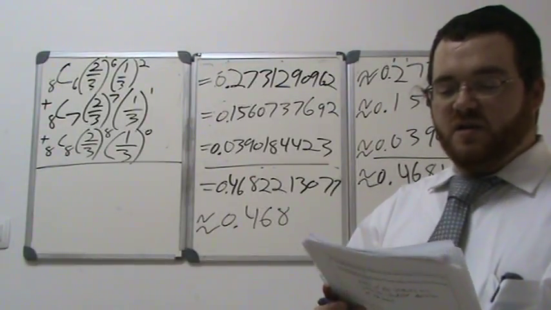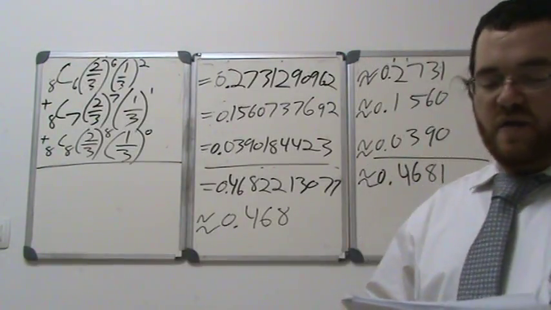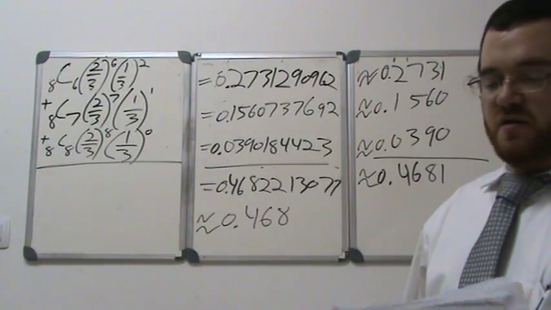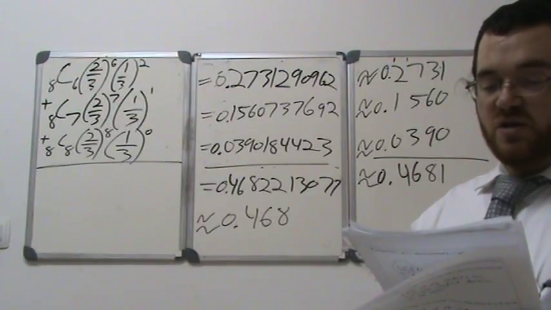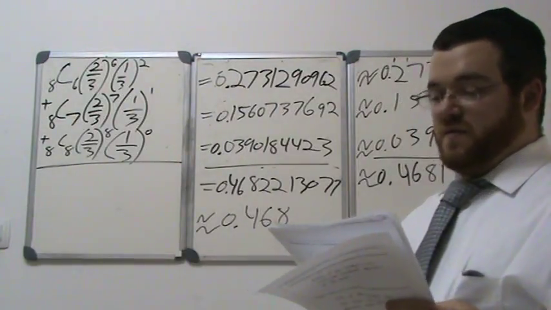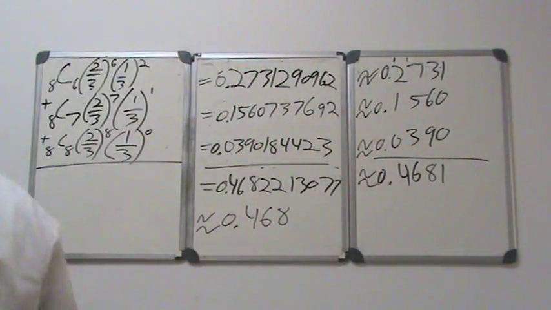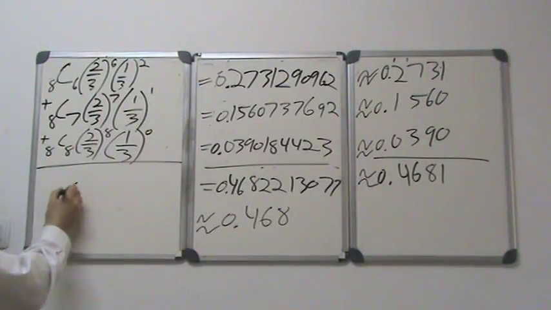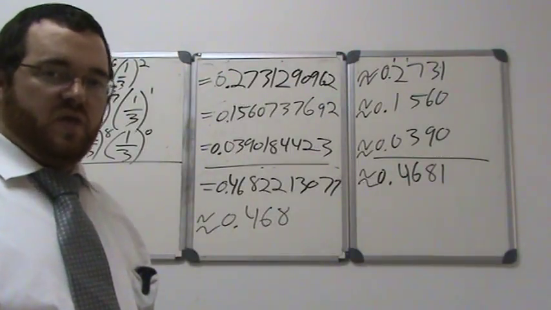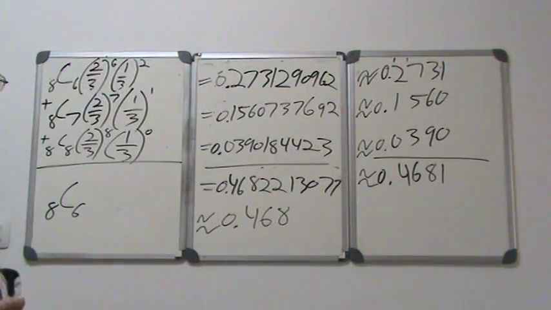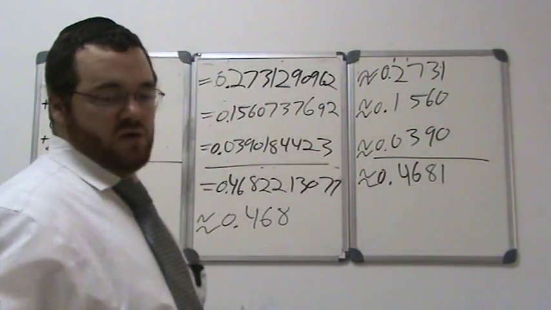Question 38. The probability that the Stormville Sluggers will win a baseball game is 2 over 3. Determine the probability to the nearest thousandth that the Sluggers will win at least 6 of their next 8 games. So you have 8 games with a combination of 6, because you want them to win 6 out of 8. That's the same thing as having 8 people and wanting to pick 6 out of the 8 people. So how many different combinations can you make? The answer is you can make 8 combination 6, which is